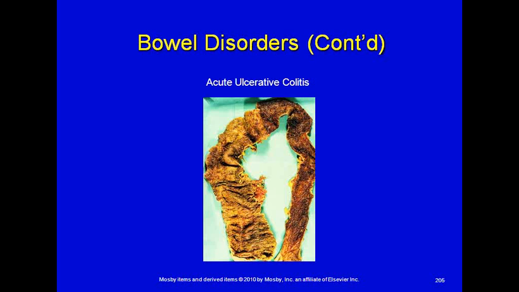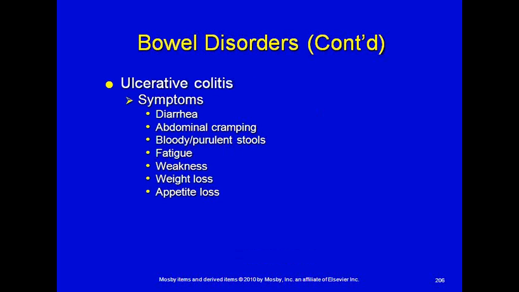So here's an example of an ulcerated colon. Particularly there on the right-hand side, you can see all the discoloration of the intestine compared to the left-hand side. All that discoloration is inflammation, and if left untreated, certainly can lead to a variety of problems, to include dehydration, electrolyte imbalance, and ulceration or perforation of the colon. Symptoms of ulcerative colitis: diarrhea, abdominal cramping, bloody purulent stools,